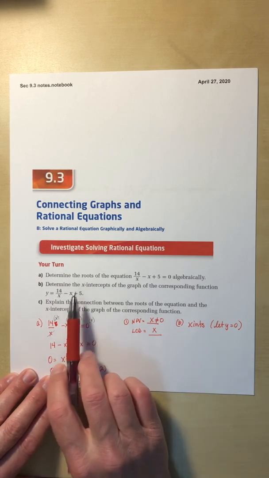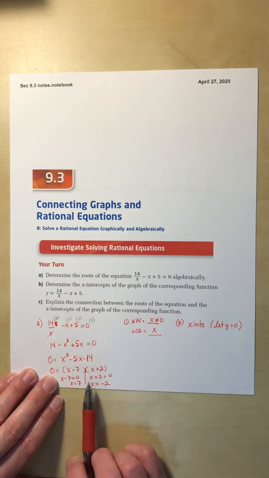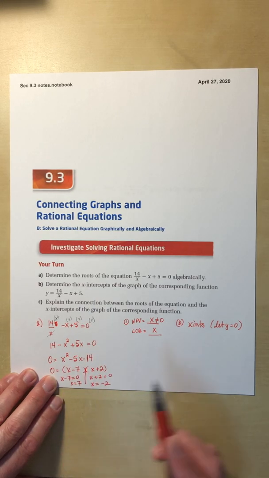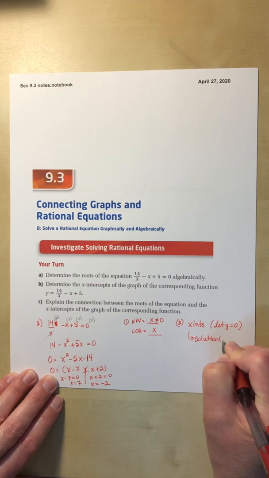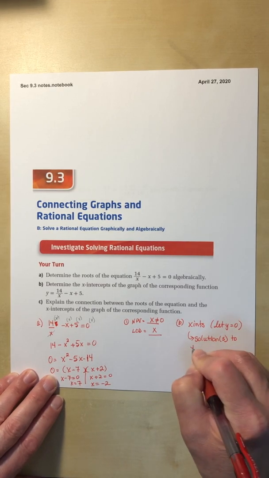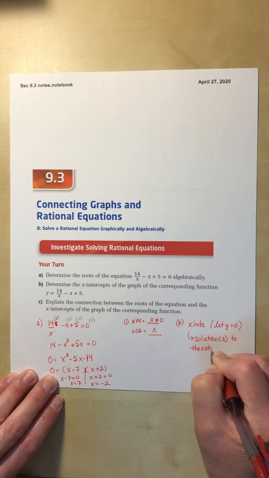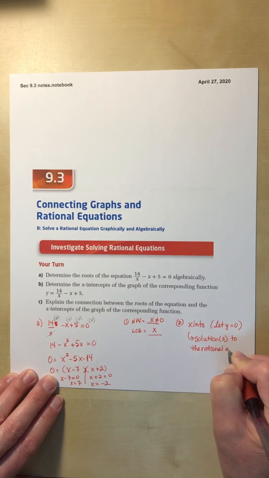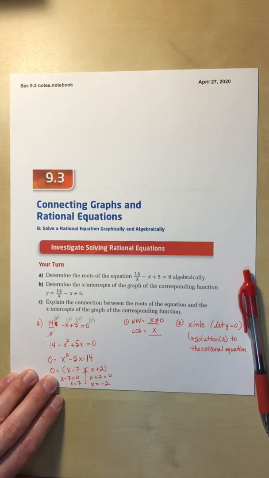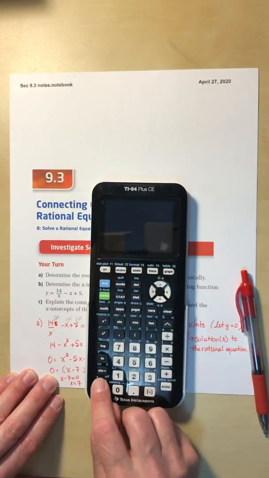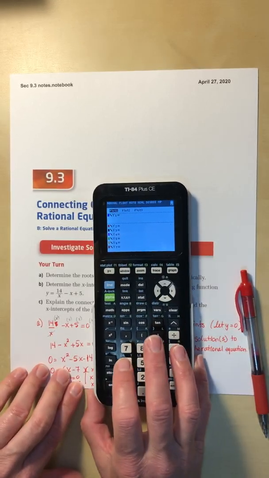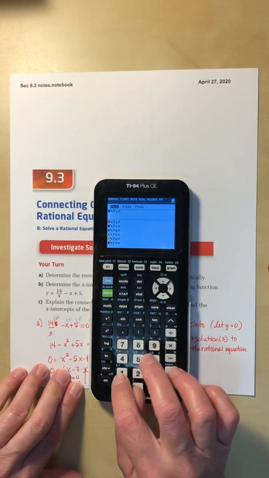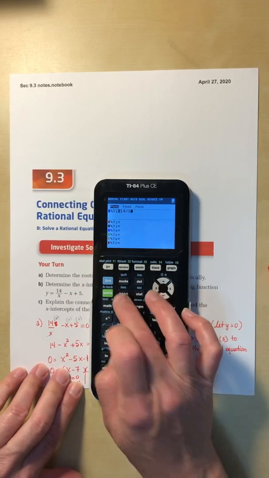So when you go to determine the x-intercepts of the graph, you really are finding the solutions. This is the solution or the solutions to the rational equation. So if you were to take a minute and look at this equation, y equals 14 divided by x